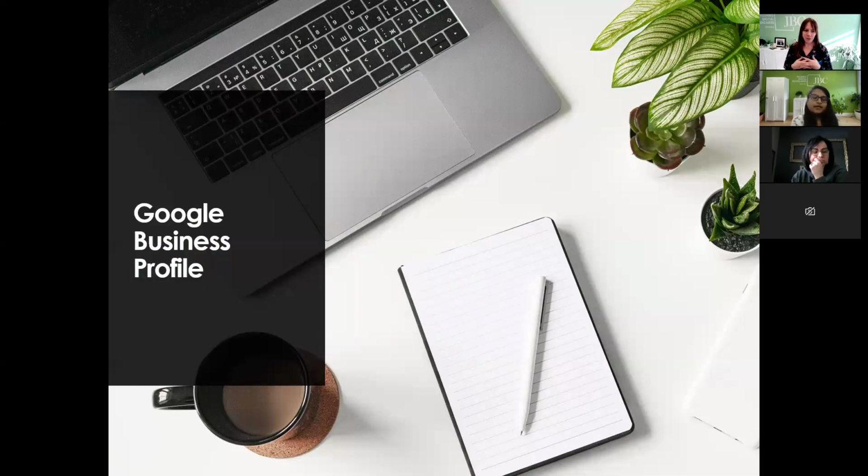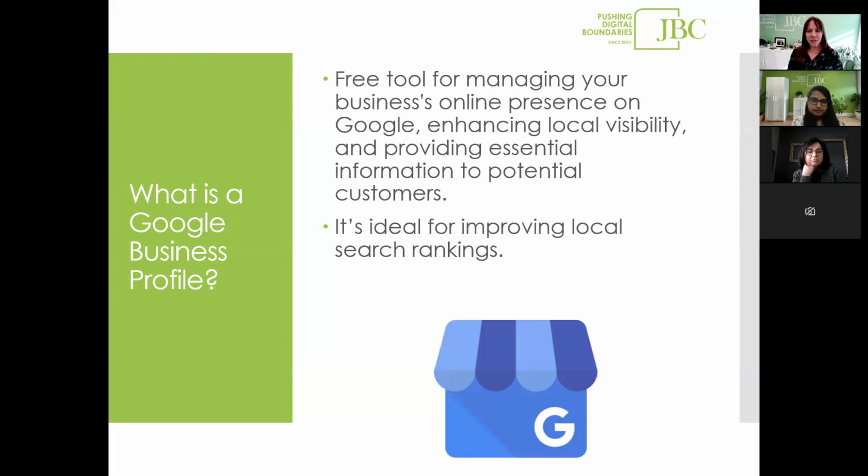So with that, your Google business profile. So what is it? It has had so many iterations over the years, and it's had slight name changes as well, which may cause a little bit of confusion. And I still stumble over some of the terms that they use for it. Previously, I want to say probably around a decade ago, it was called Local Business Google. Now it's called Google Business Profile. At one point, it was Google My Business. And really what it is, it's your listing on Google. So it allows you to have really good local search rankings.